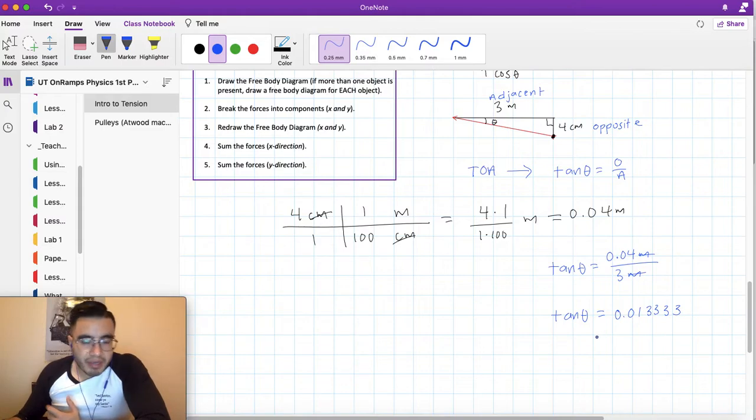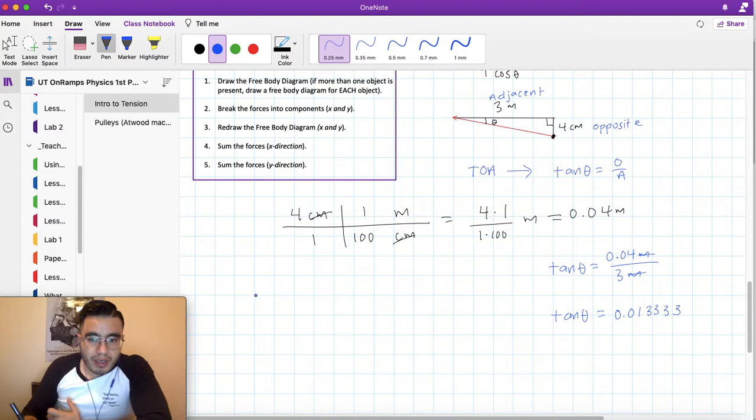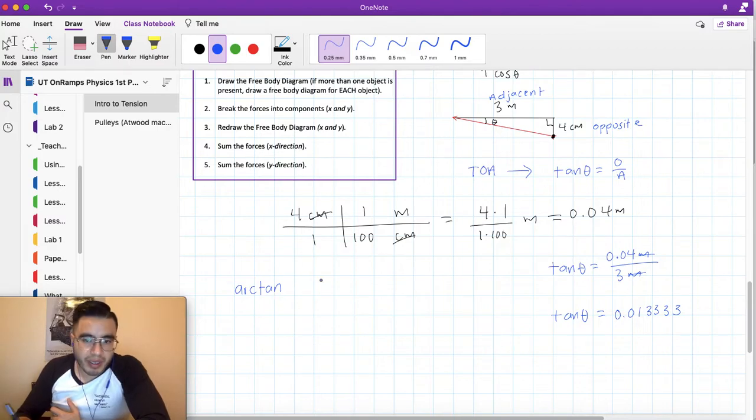And to find theta, if you remember from our previous lesson, we used the inverse tangent. Another way to call it is arctangent. Actually, mathematicians like this a lot more than inverse tangent. You can use either or, but if you're in math class, use arctangent to make your teacher happy. But it's the same as inverse tangent. Just this one has to do with arc length. But it's the same.